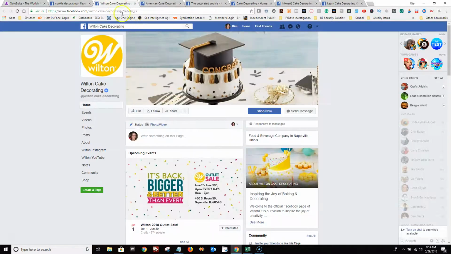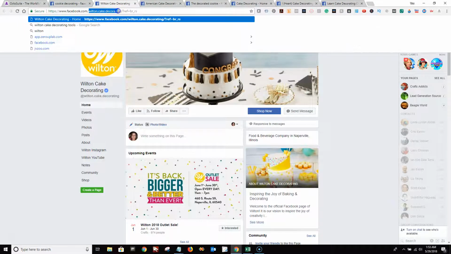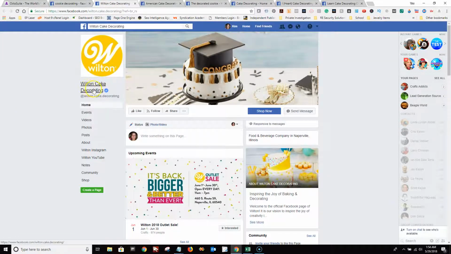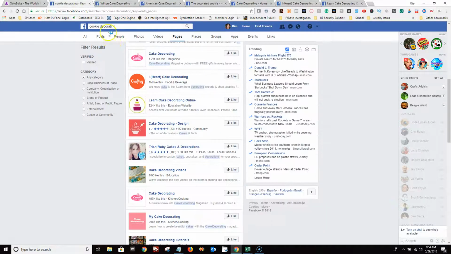Now the second one, here's Wilton Cake Decorating, right? So I'm going to copy this, and you need to copy this up here because that's the actual name of the page. If you can do it without clicking on it, copy just this section, which I can't do. That's the same thing as wilton.cake.decorating. So you can probably copy it, but you don't want that @ sign. You just want the